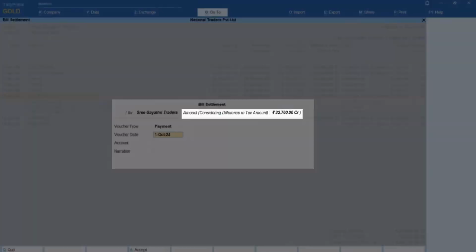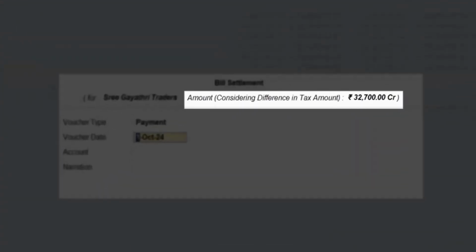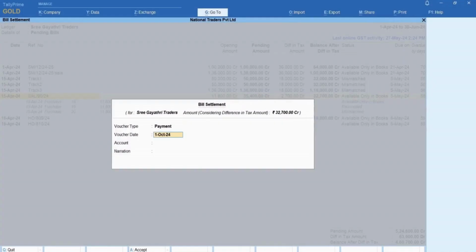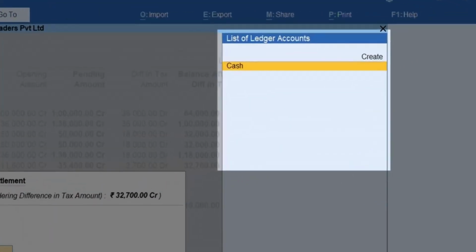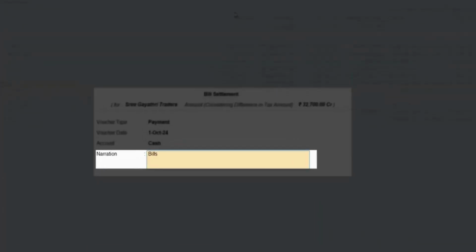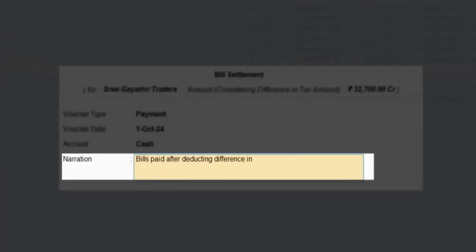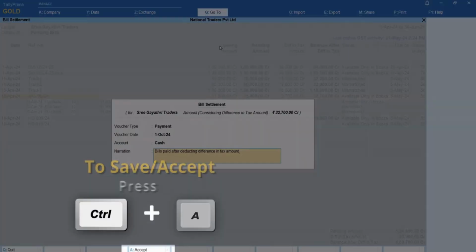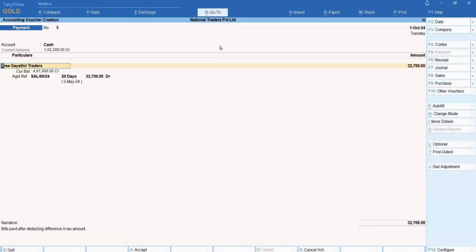Notice that the balance amount after considering ITC risk is pre-filled. Select the ledger to be used to make the payment. Enter narration. Press Ctrl-A to save. You can view the payment voucher.